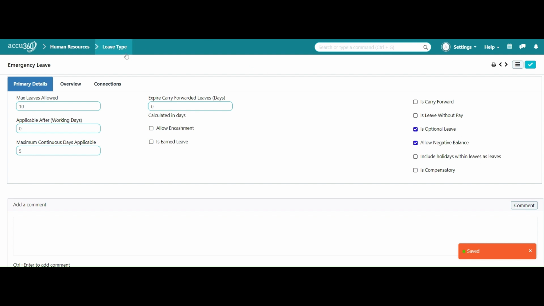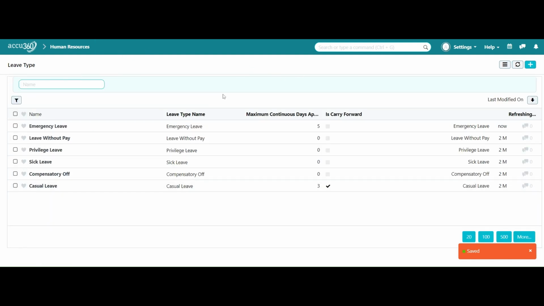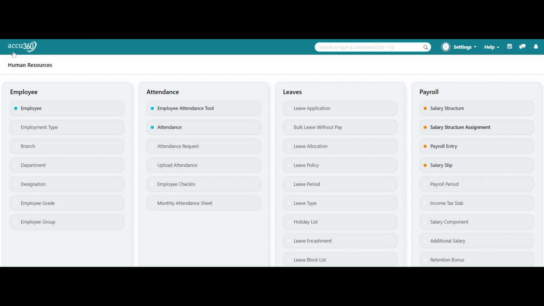Let's go back, and here you can see our leave type is configured. Now we will go and draft a leave policy of our company based on these leaves which are mentioned here. We can also mention or create new leave types according to our organization's leave policy. So we have to go to the home page,